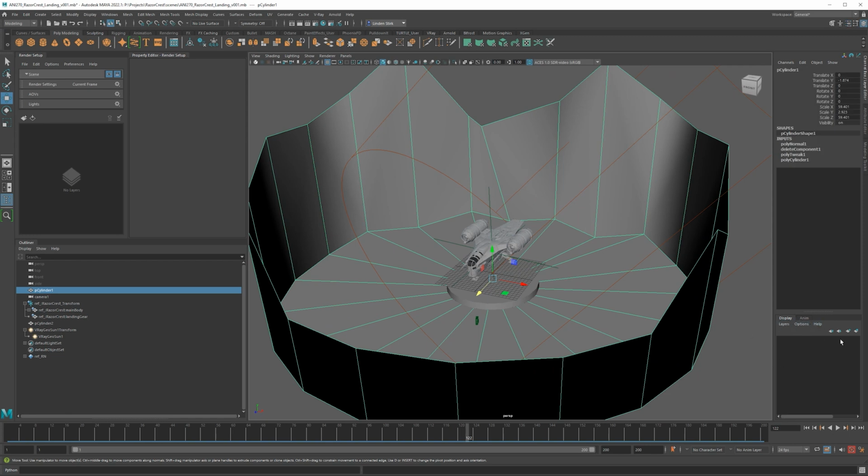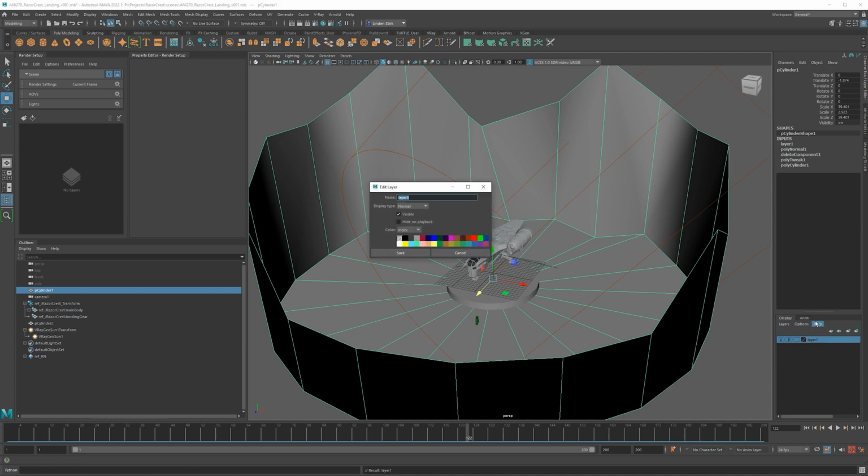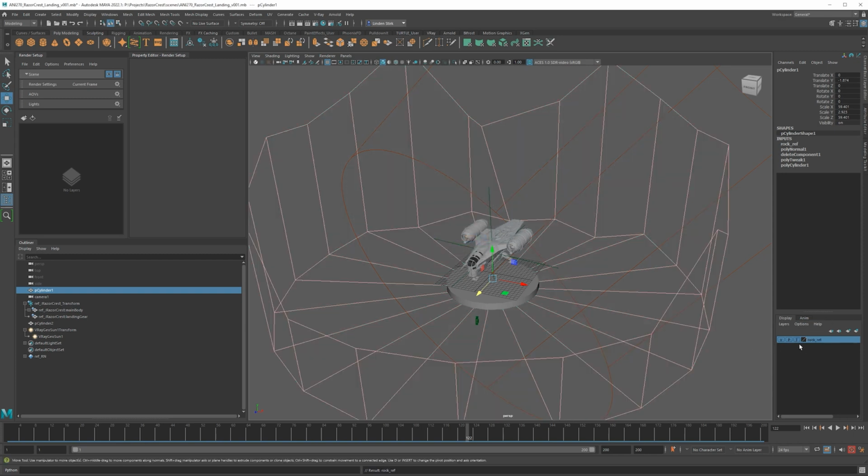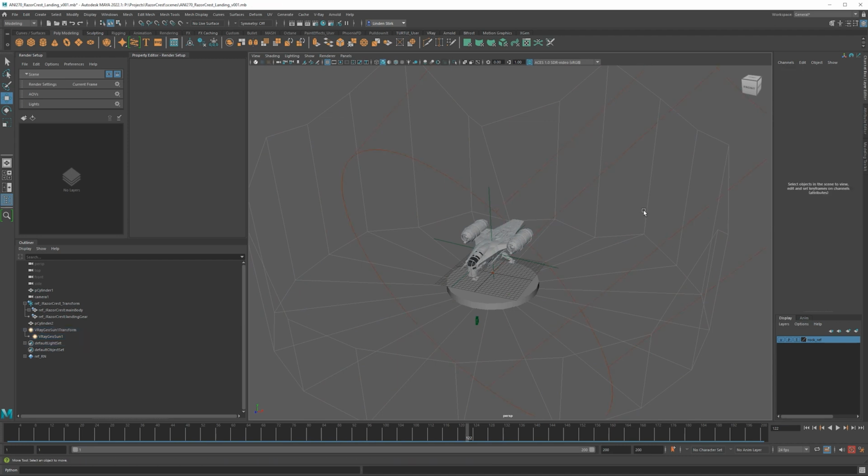All right, so the first thing that we need to do here is either template or reference this placeholder geometry. And we can do that by creating a new layer. And this is a display layer, not a render layer. And then selecting either the template, which is this, or you can click it again for reference. What that's going to do is it's still going to be visible in the scene, but you're not going to be able to click on it. And this is going to be a useful guide when we start placing our proper rock assets.